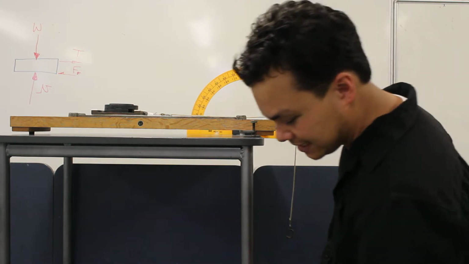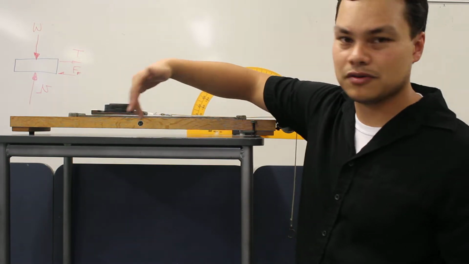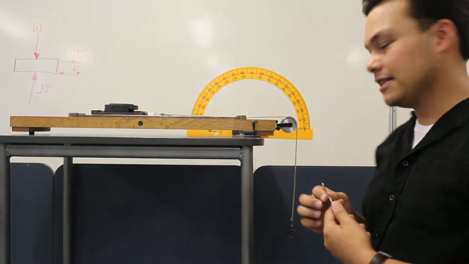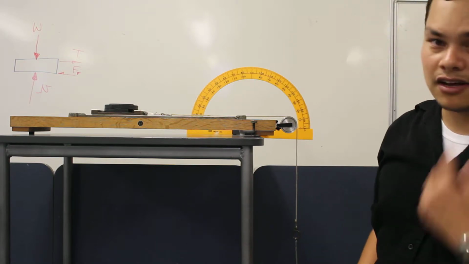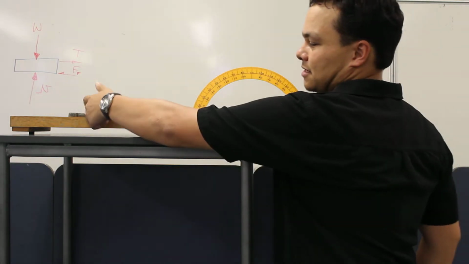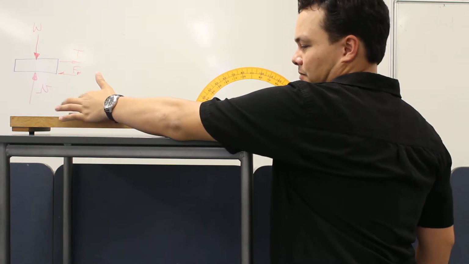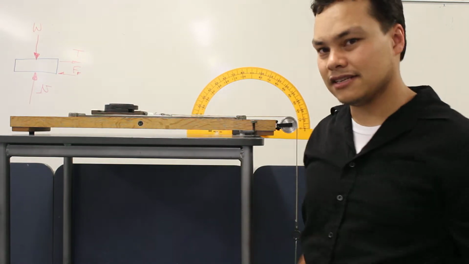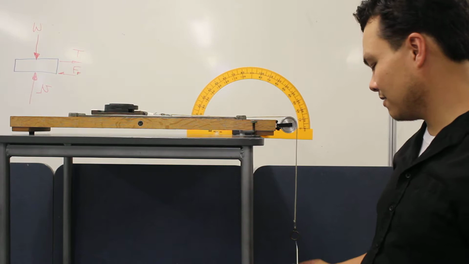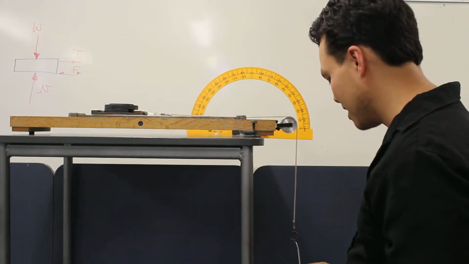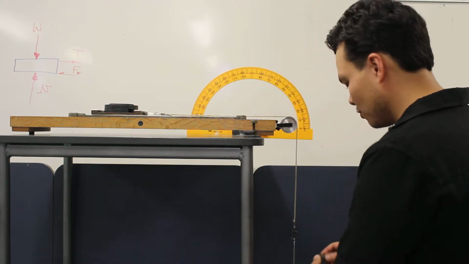Okay, so to calculate the kinetic friction coefficient, we need to be able to get our system to be in a dynamic state. So to do that, we have our hanger over here on the right hand side, and what we can do is we can give the system a little bit of a tap. And it should be enough to get over the top of the static friction coefficient. Now, if the system doesn't move, we haven't got enough weight, and we can add some more mass to our system. So here, add one more mass,